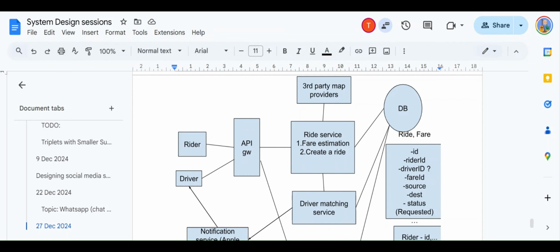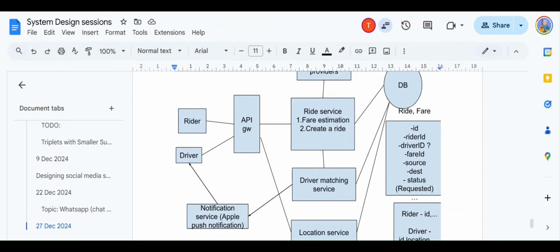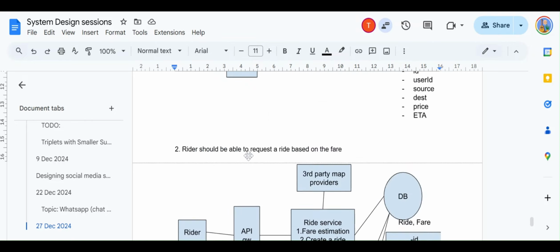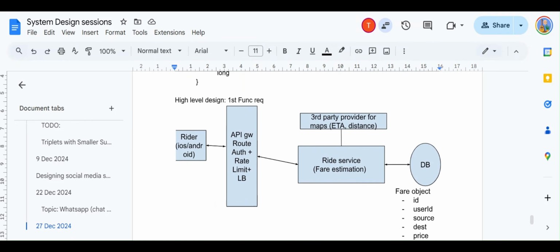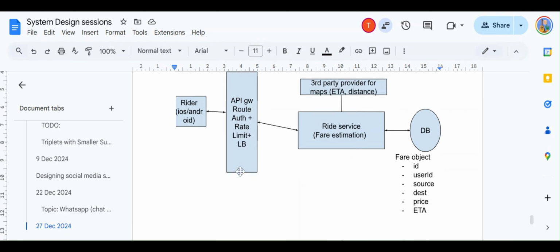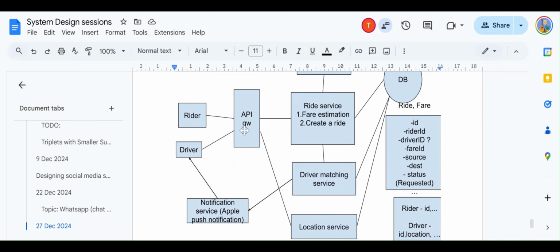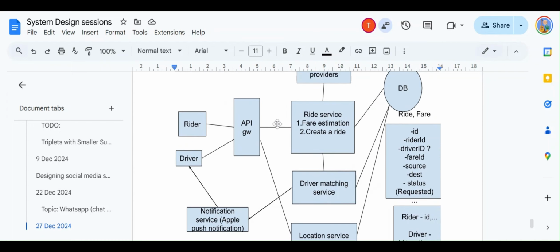One option, which is definitely a good point you made: rather than failing our write service, we can use rate limiting in the API gateway. We discussed that the API gateway can have these three or four components, like an authentication layer, a load balancing layer, and a rate limiting layer. If it has a rate limiting module built in, it knows the maximum capacity, the number of queries per second or requests per minute my write service can accept. In that case it can simply reject the additional requests.